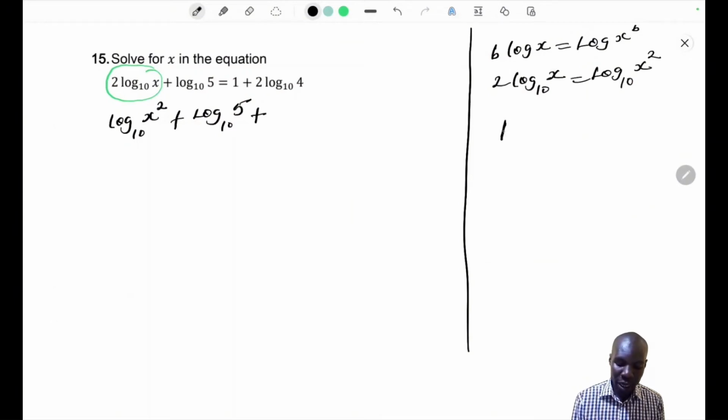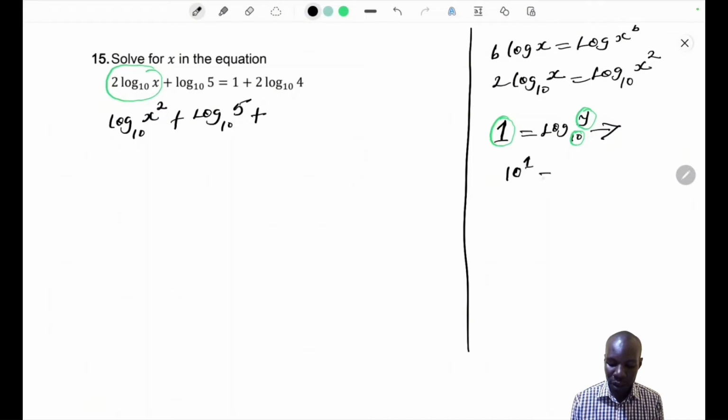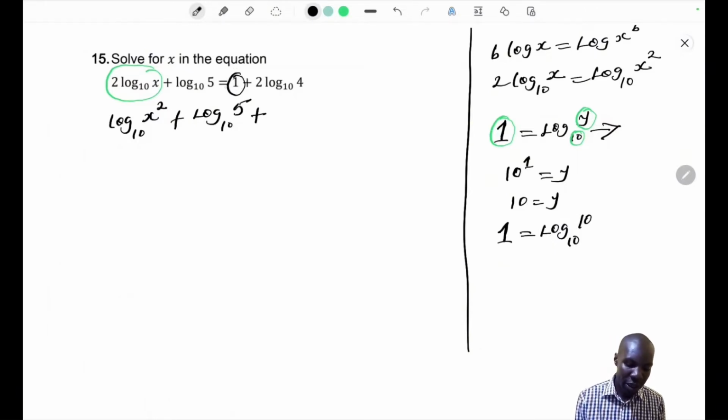1. If we want to convert 1 into log of a number to base 10, so this is logarithmic notation. If you convert it into index notation, you'll say 10 to power 1 should give us y. So 10 to power 1 is equal to y. So that means 10 is equal to y. So 1 is equivalent to log of 10 to base 10. So instead of having 1 here, we can have log of 10 to base 10. And this will be equal to